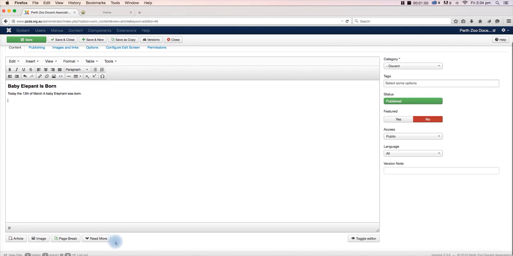Right down the bottom here we have 4 buttons. One says article, one says image, one says page break. You guys can obviously read. So we want to click on image. So that's a given. We won't really be using these other buttons, but just click on image,